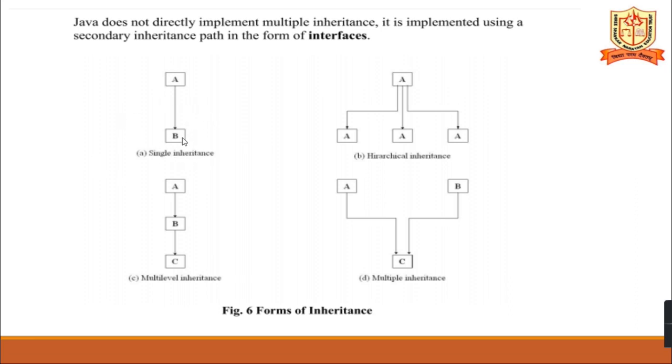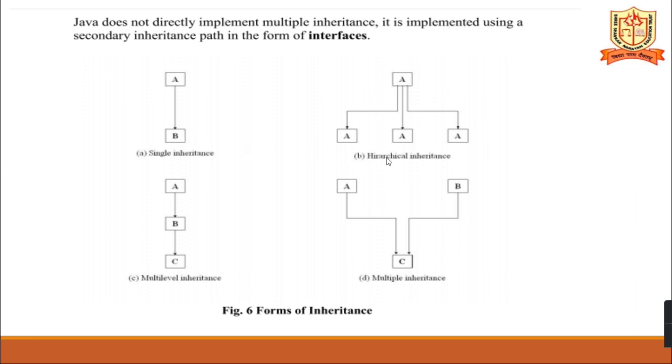So what is single inheritance? Only one superclass, and the subclass is having only one superclass. It is called single inheritance. So A is a superclass or parent class or base class, all the same. And next, B is a subclass or a derived class or a child class. And this is what we mean by single inheritance.